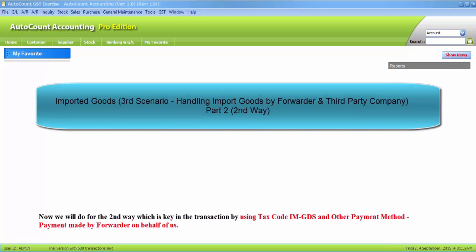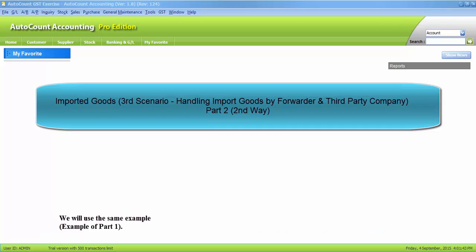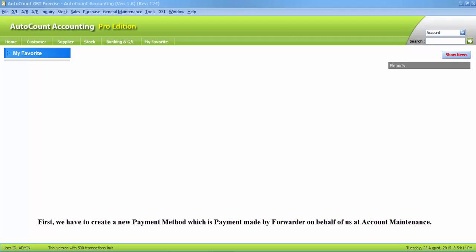Now we will do the second way, which is key in the transaction by using tax code IMGTS and other payment method, which is payment made by forwarder on behalf of us. We'll use the same example. First, we have to create a new payment method, which is payment made by forwarder on behalf of us at